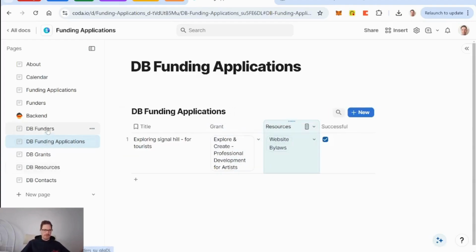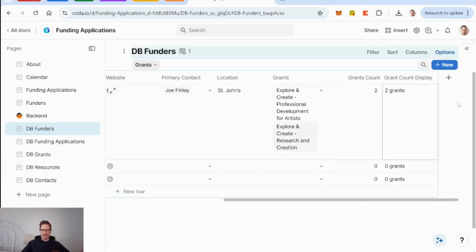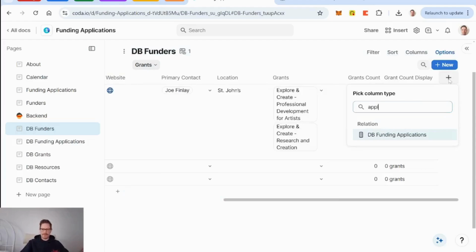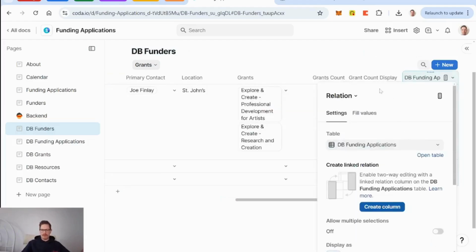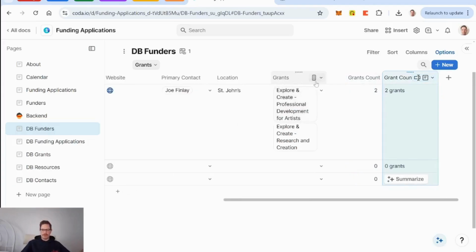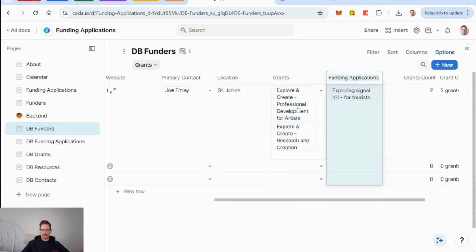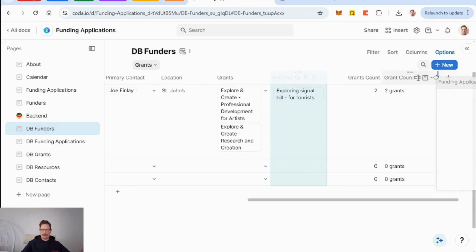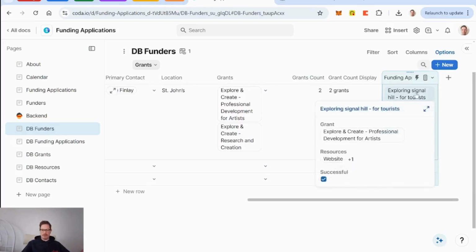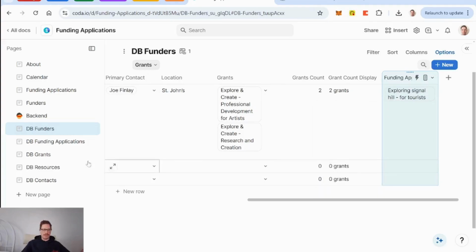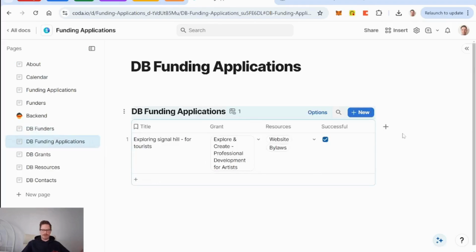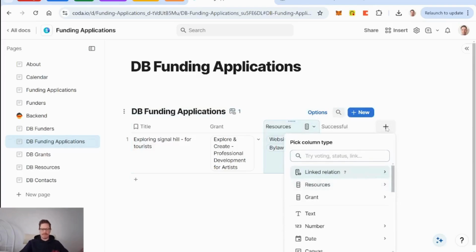I think instead what I'll do is go to funders and say applications. Oh, silly. These grants, I can just pull in applications from here. All right, there we go. There's one application. And what I am probably more interested in is what is the status? Here's successful. I probably don't want successful as a check mark. It's probably easier to have a status